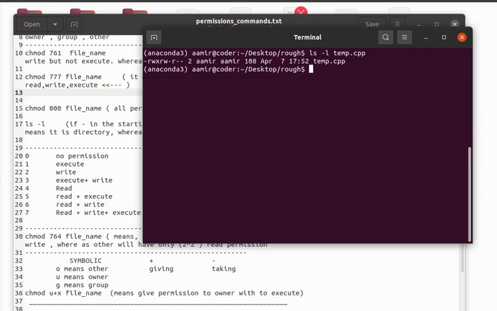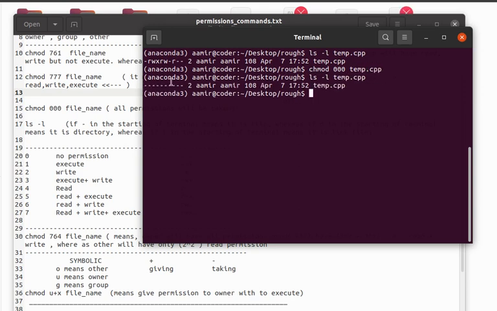To explain it better, 0 0 0 means remove all permission from this temp.cpp, and you can see now if I want to add the permission with the help of symbols, if I don't want to use digits, for the symbol we will simply use chmod